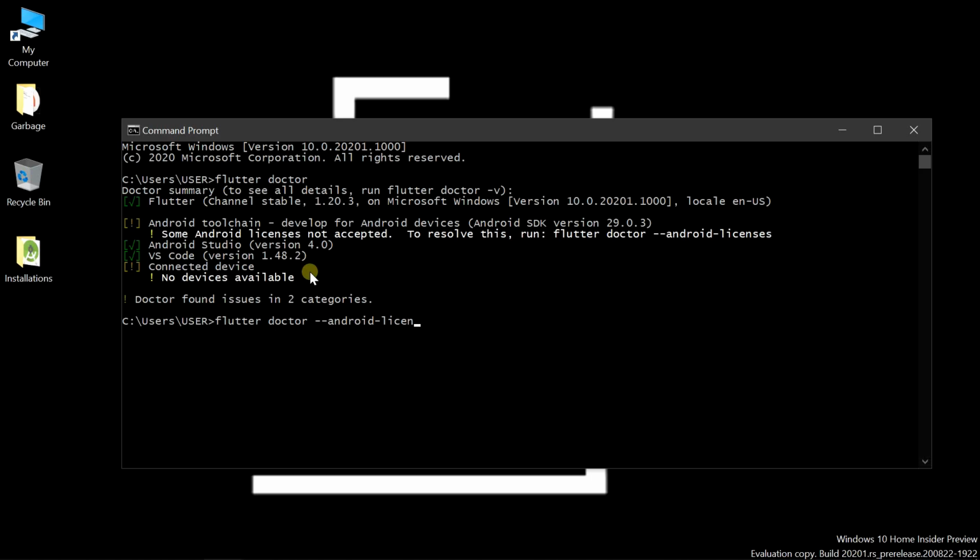Spelling mistake in the licenses. It will ask you a few things, and just type y when you go for it. 6 of 7 SDK package licenses are not accepted.